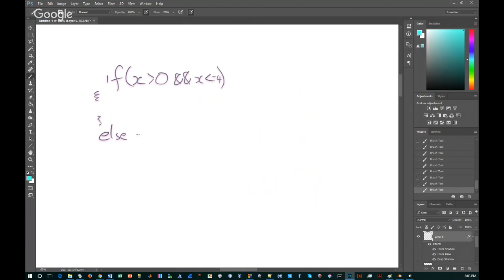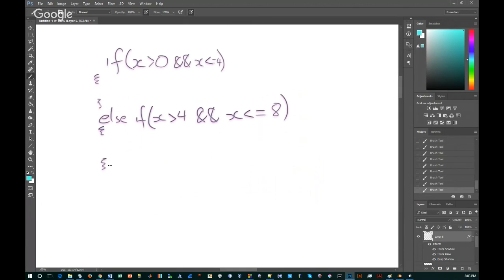And then you did else if x is greater than 4 and x is less than or equal to 8, and so on. If there's any issues, just let me know, because I am reading the chat, but I think that person worked it out themselves. All right, so in the lab, we had a big if, else if, else if, else if